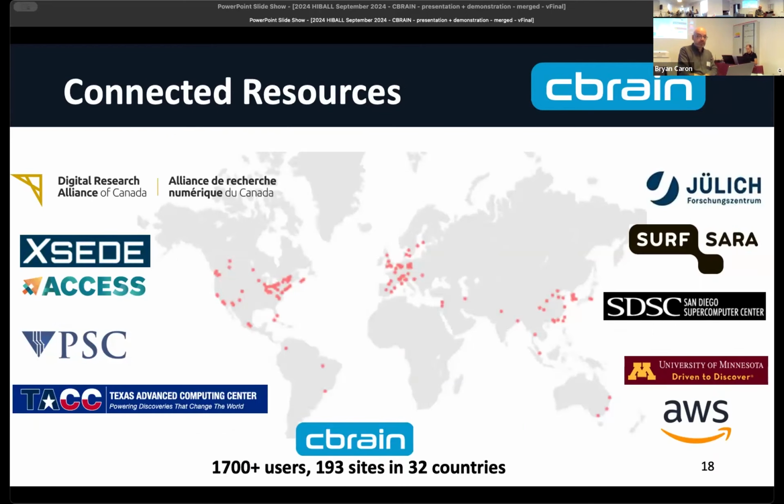You asked earlier a question about connected resources. This gives you, I would say, the breadth of systems that are connected to CBRAIN, where people can dispatch workloads if they are themselves permitted to run on those systems. The Canadian-based ones, like I said, are open to all people with CBRAIN accounts, but the other ones are more project specific. We have collaborations and partnerships with other institutions that bring other resources in.